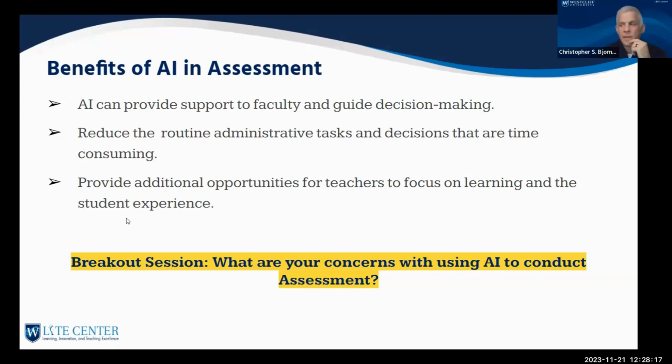Yeah. And then when I was doing the research on this, one of the concerns was that we'll have this over reliance on AI, and that faculty may become more skeptical of it because it generates these responses, but sometimes it doesn't tell you why, what was the rationale for it, and so on. So there could be a concern with it not being reliable, and then that'll decrease the usage of it as well.